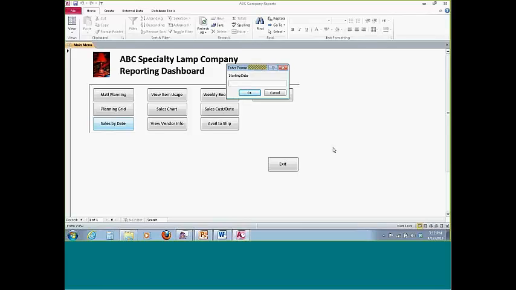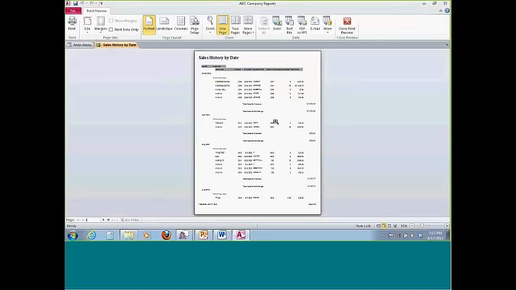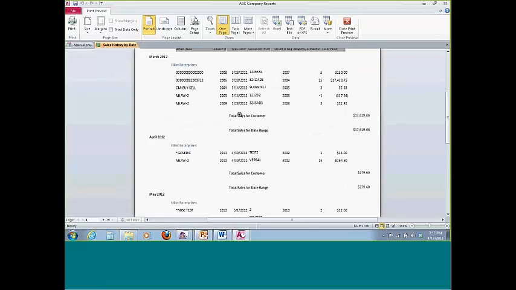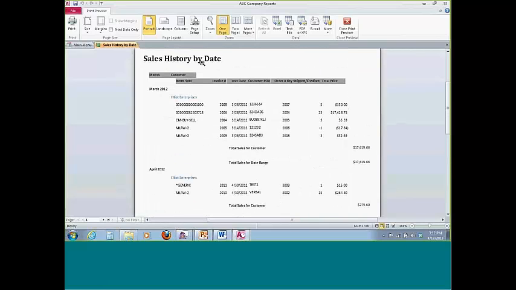This allows us to build a nice dynamic reporting tool, so we don't have to go in and change parameters every time we want to rerun this. We click a button, off she goes, she grabs information and draws it in. So we're going to give it a date range. We're going to use 3/1/2012. We'll go through 12/31/2012. And now we have a report that provides us with some sales history by date, and I grouped them